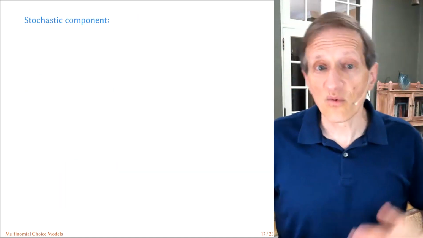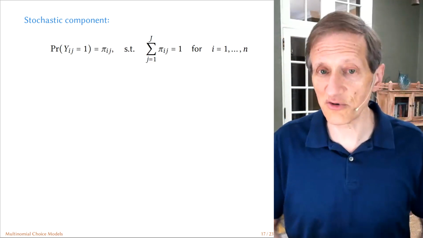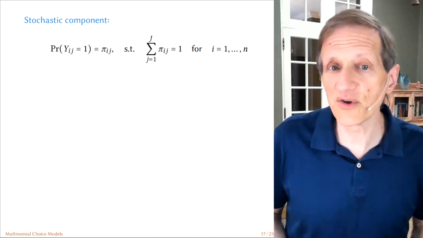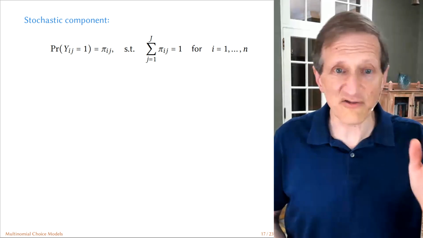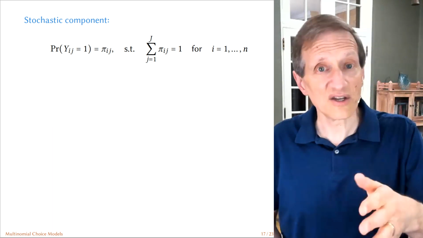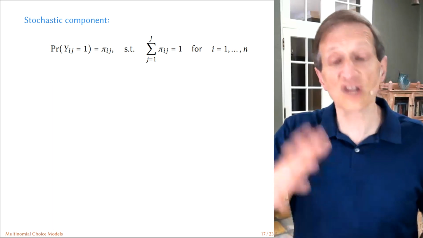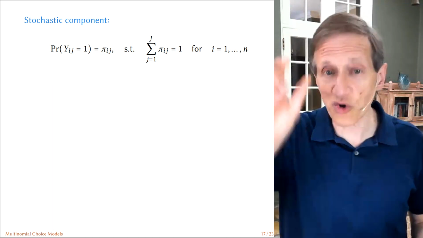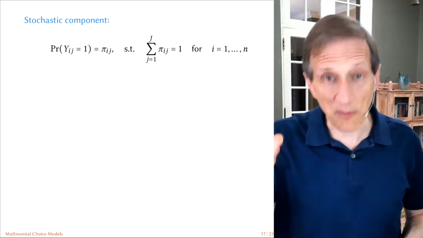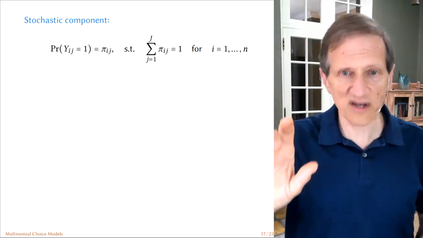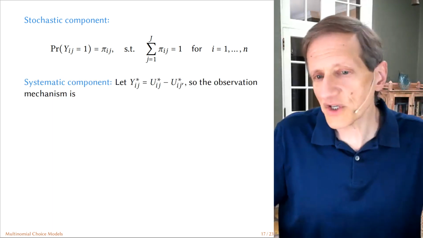So what's the stochastic component? The stochastic component is a direct generalization of the Bernoulli. It's the multinomial distribution. The probability of y_ij, for observation i and choice j, equaling 1 is pi_ji, such that the pi's over the choices fit in a simplex. That is, they're each probabilities, so they range from 0 to 1, and together they sum to 1. The systematic component